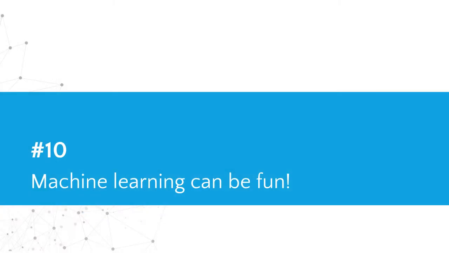And machine learning can be fun. We won't go into this in detail because I'll do that in a subsequent video. But we can determine a lot of things about you by looking at an image of you through some commodity APIs that are available in the cloud. We can also determine your political party and a lot of other fun stuff. So what we'll do in a subsequent session is go into some of those things.